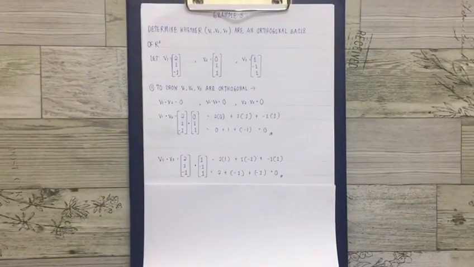Second, we have to multiply V1 with V3, which is (2, 1, -1) times (1, -1, 1). And then 2 times 1 plus 1 times negative 1